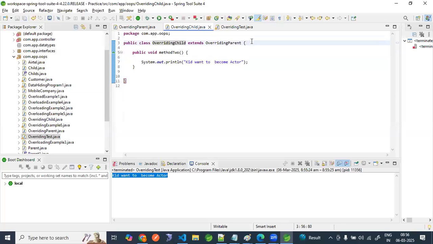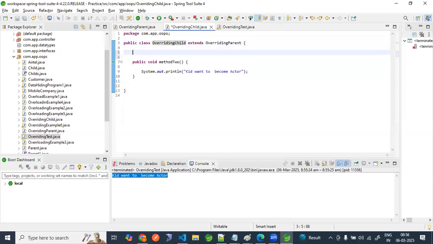The child class method is called overriding method. This is called overriding. Okay? This is called overriding. Okay? Now,